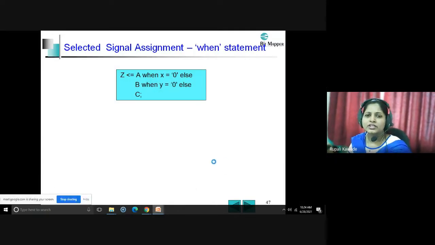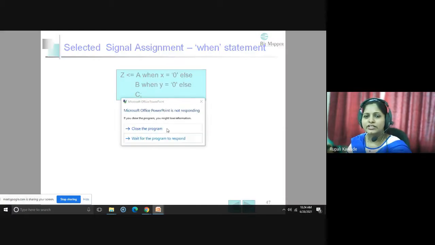So in this case, x and y we have to show, as there are four different inputs and one output. In order to select one of the inputs from the four inputs, we need two select lines.